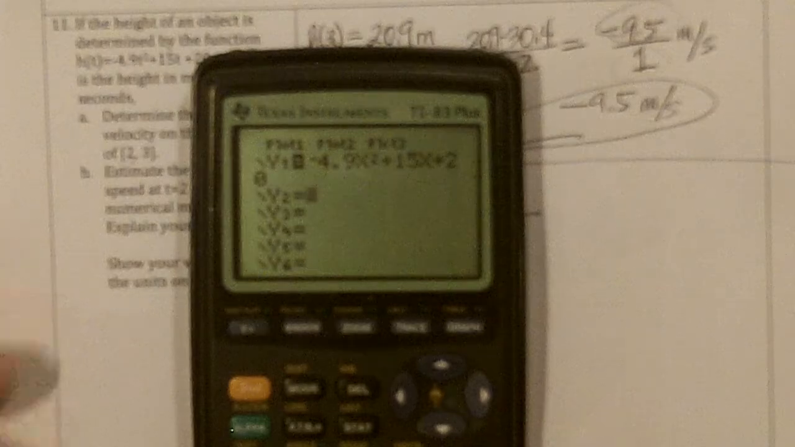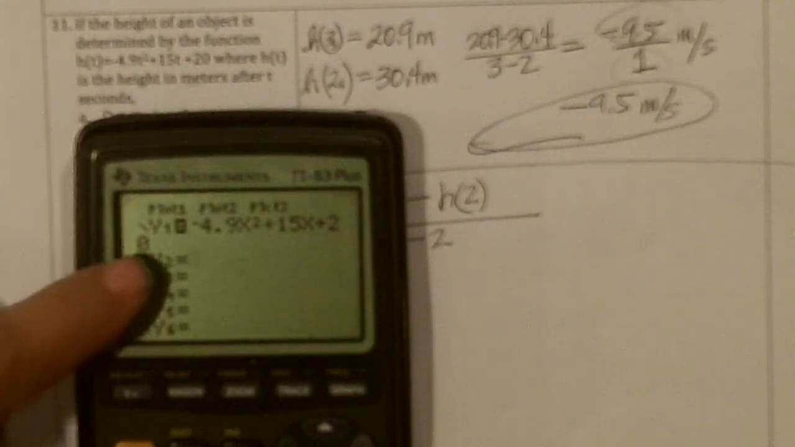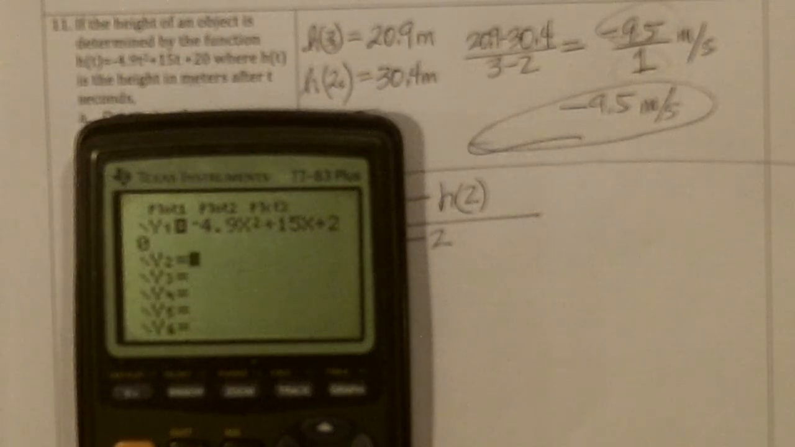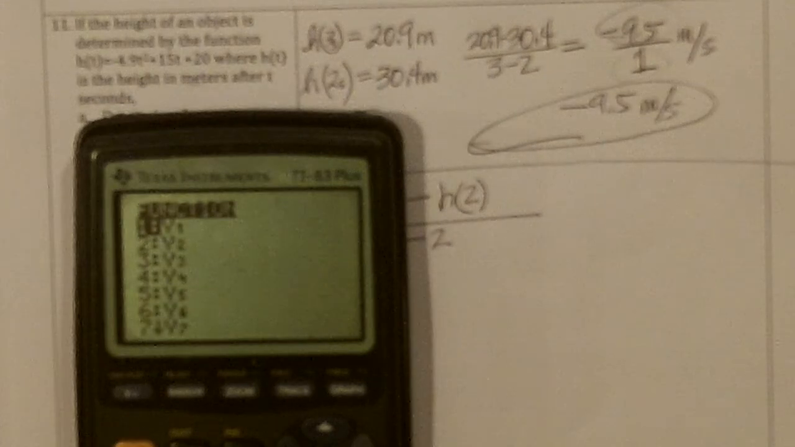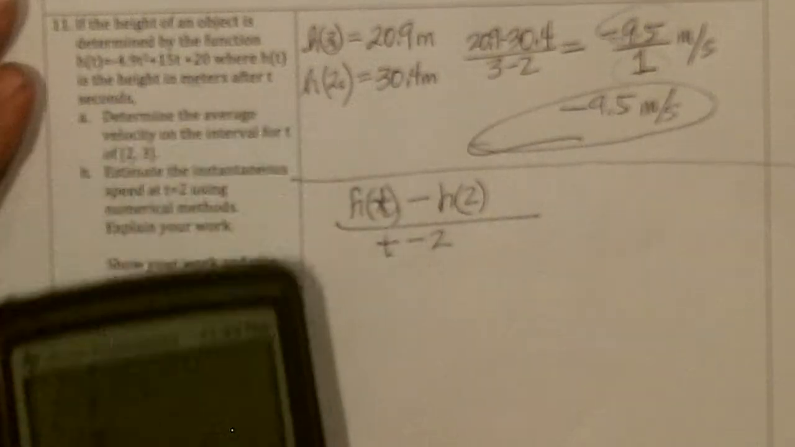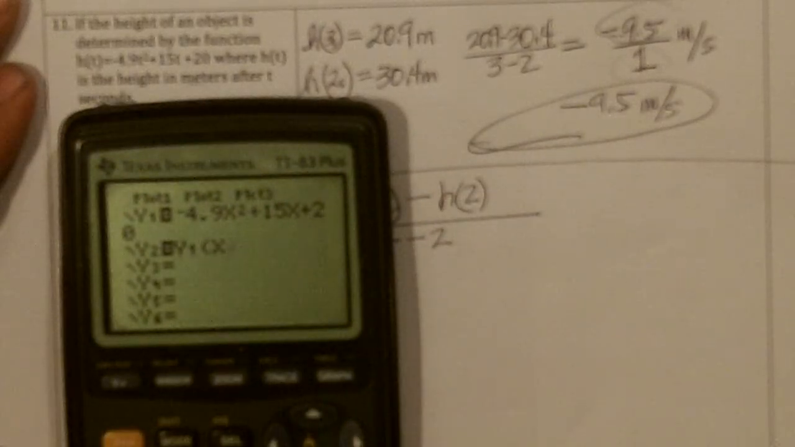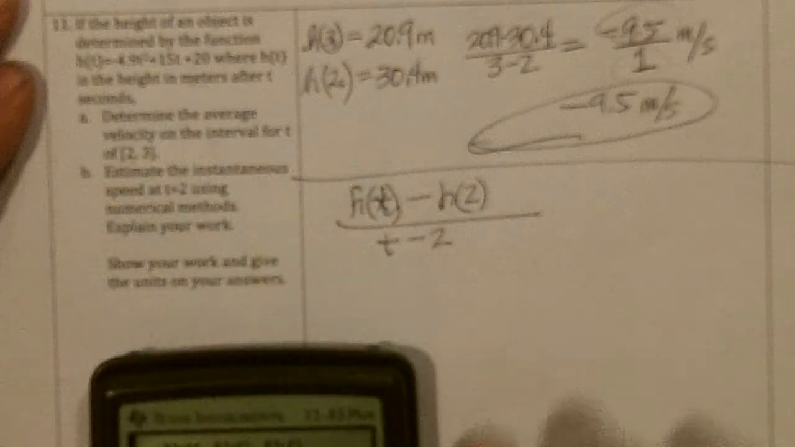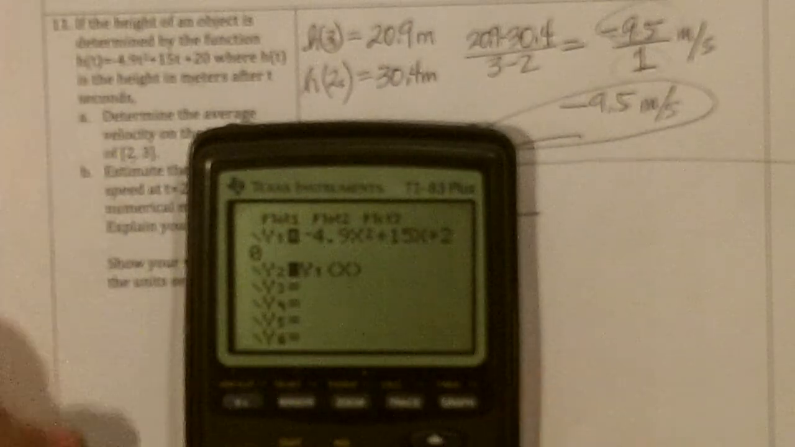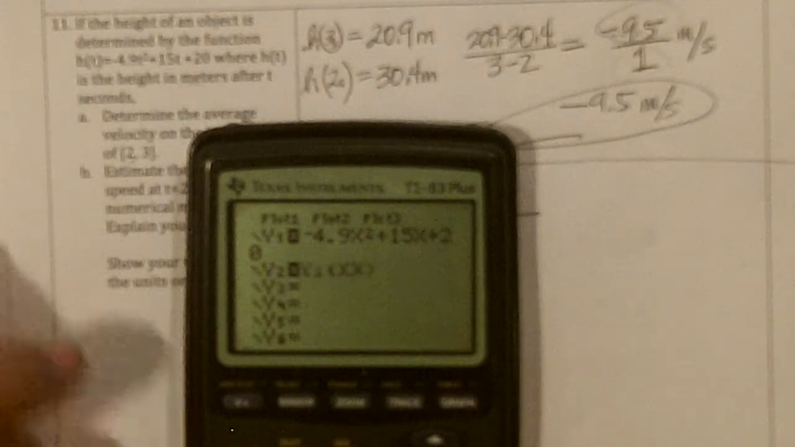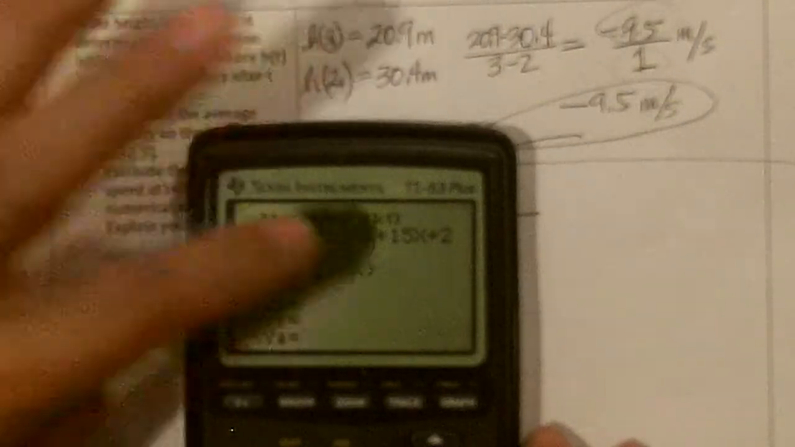So in y2, the easy way to do this is to say y1, vars, y variables, y1 at x, parenthesis x close parenthesis. Oh, and this is in a numerator of a fraction, so I have to put this in parentheses. So I got to back up here and insert a parenthesis at the beginning. Parenthesis, y1, or height of at x,